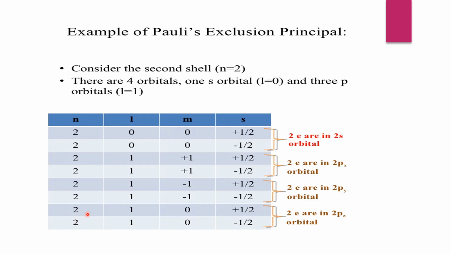So these 2 electrons in 2py orbital, the n value is same, l value is same, m value is also the same, but again they are differing in s value. The same with 2pz also. The m value of 2pz is 0. And the electrons which are in 2pz orbital are having n value 2, l value 1, m value 0, but the spin value is plus half for one and minus half for the other one. So when you take a pair of electrons in any shell, they differ in at least one of the quantum numbers. Okay.